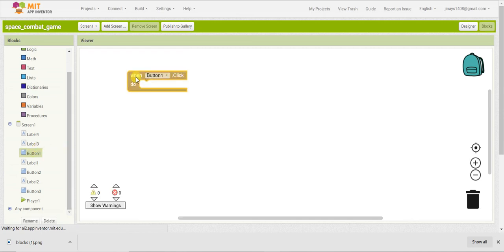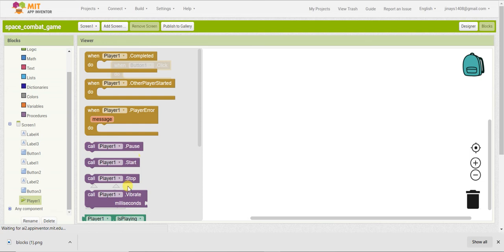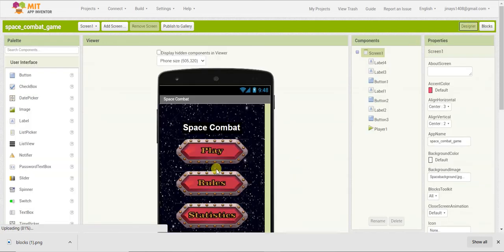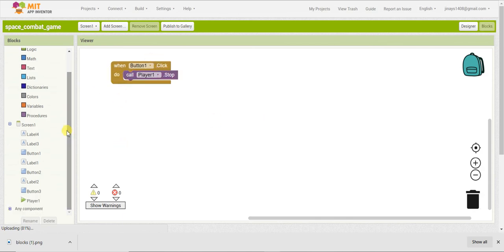Whenever button 1 is clicked, we have to call player 1 and stop playing the music, because we are going to the play area, which means we want to play the game. So in that case we will not play the sound when button 1 is clicked.